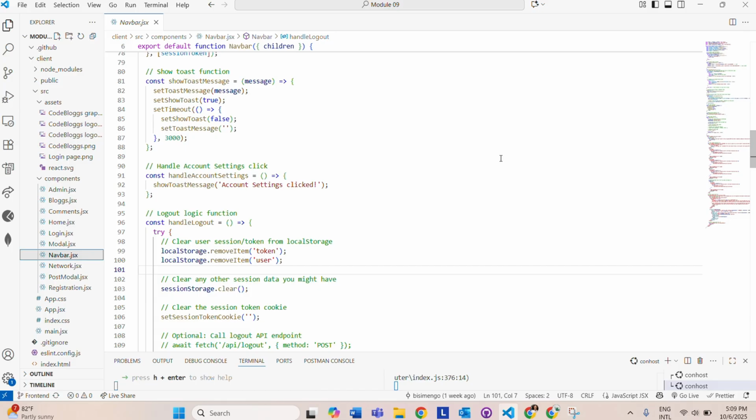There are the basic users and the admins. Then it gives all the links to the home, blogs, network, and admin. Likewise, for the logged in user, it has the account settings and the logout option. It also has a post model at the top,